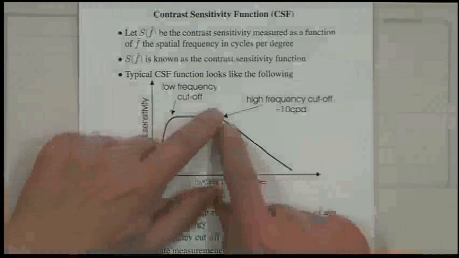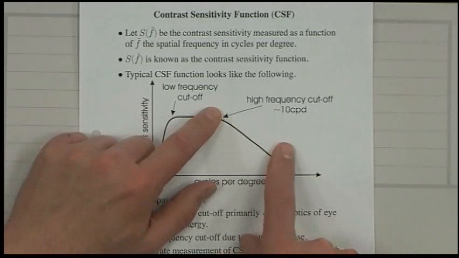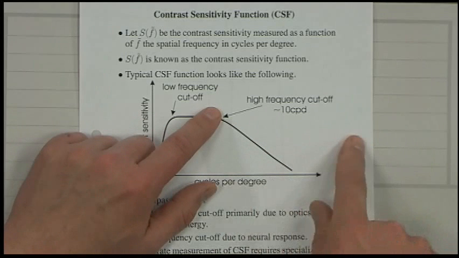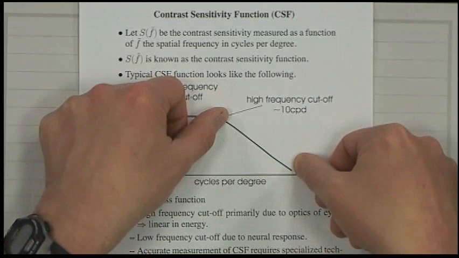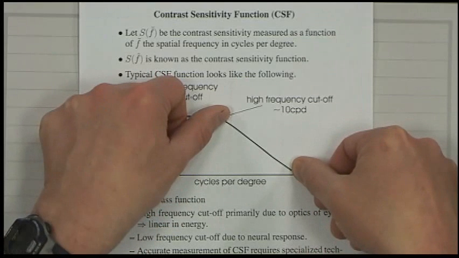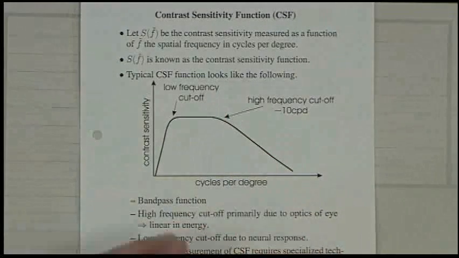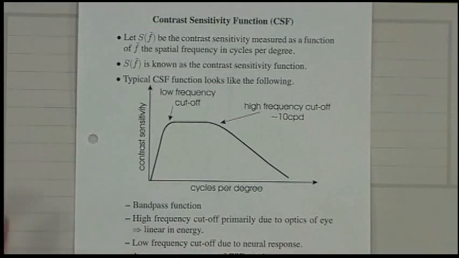So this part is very important, because if you didn't have a roll-off, it would take an infinite amount of information to code the data to required precision, right? You'd have to just keep going to higher and higher spatial frequencies. So what happens is at high spatial frequencies, you become less sensitive. This is very intuitive, right? Because all this says is that if you try to read text,